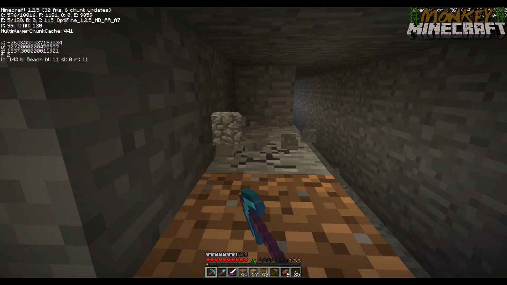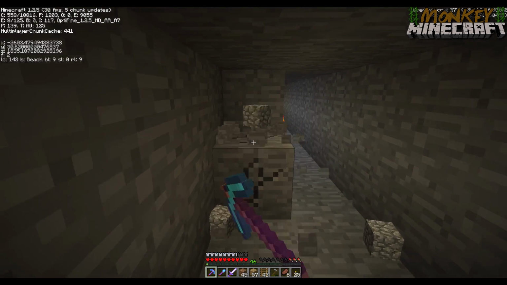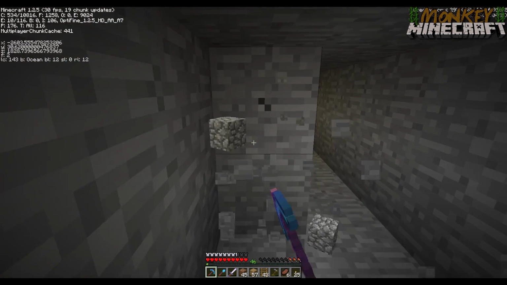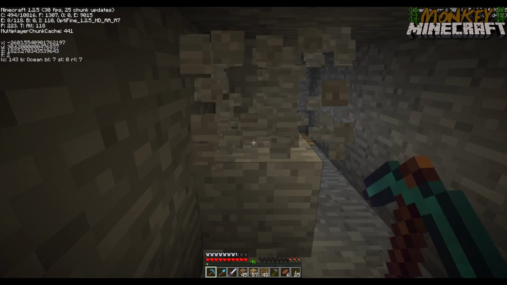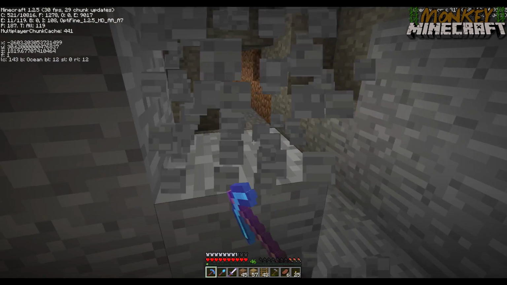So I am now above my wheat farm, and I am digging out an area so I can walk around, and then I'm going to place some glowstone lamps, and then I'm going to place some redstone dust, and then I need to put a lever somewhere down there. Actually, I might only need a button. I'm not sure. Now, I believe in order to make this work...